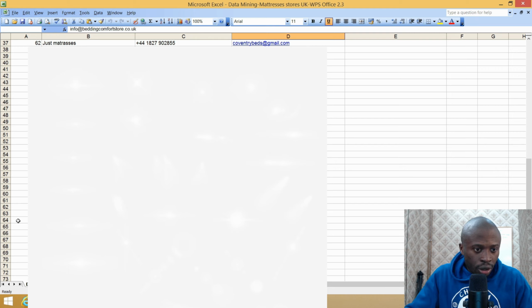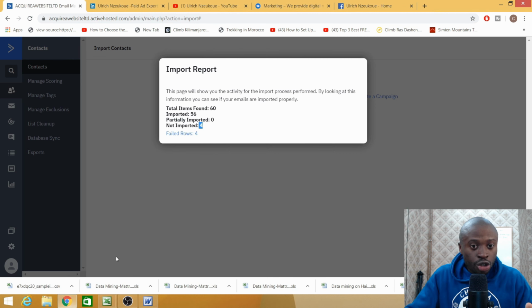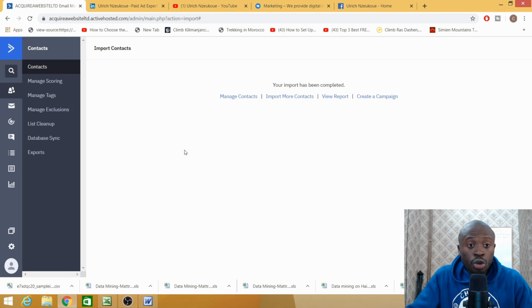And these columns here at the bottom, some of the columns 60 here, and some other details. But you have to rest assured that all of the contacts have been imported into ActiveCampaign. It has been imported. So it was just to explain to you why you saw 4 contacts there. So now all of my contacts have been imported. I need to go back now to